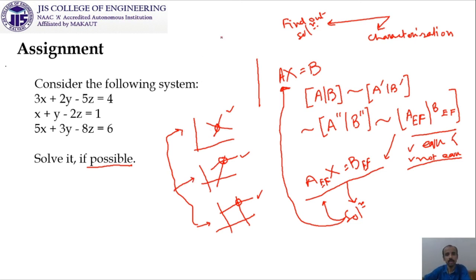So what we have discussed is basically two types of problem. One where the solution is unique, and another where there is no solution. So I think you have a question in your mind: sir, what is the case for infinitely many solutions? We will discuss it in the next class.